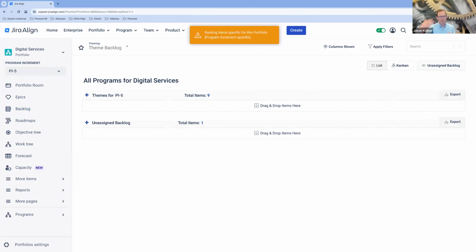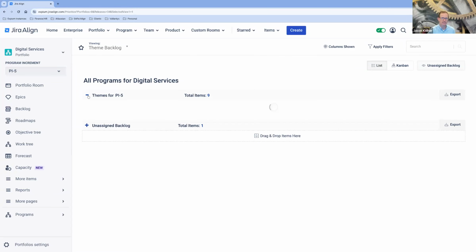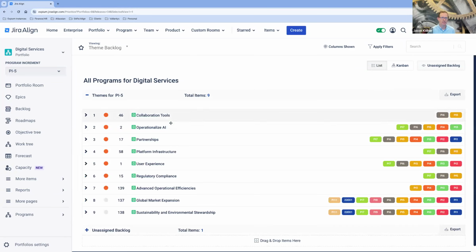again, your top-down planning. You're going to be setting up themes, your strategic themes that connect to those high-level long-term goals. And so again, this is set up for one portfolio for one particular PI. We can see here, there's 9 themes that are tagged with this PI. And notice these themes over here have many PIs. Again, these strategic themes are very likely going to go more than one PI, likely maybe even more than 4